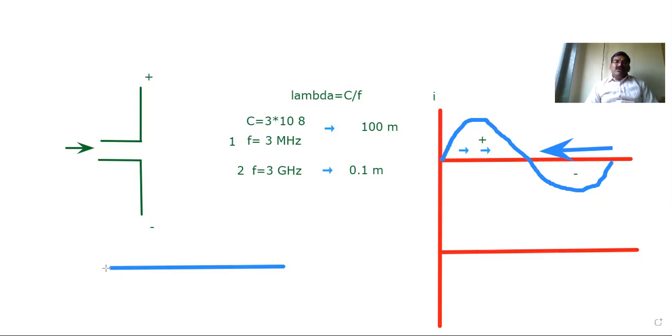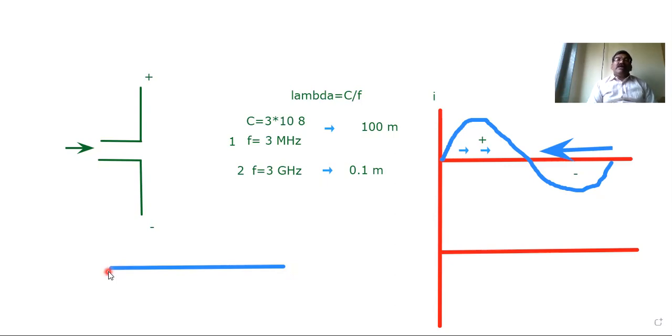Now for this waveform, for this conductor, it starts from here, from the initial point, if this is the source. Then it goes direct here, here, here, and the intensity is increasing. It goes here because this is the complete positive half cycle. And the negative half cycle, it comes back. So it goes forward, comes back, goes forward, comes back. This represents your sinusoidal waveform. So whatever this length is, it goes forward and comes back. This length is called lambda.